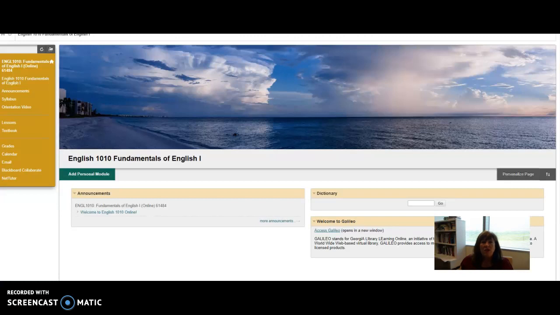As far as grades go, it just depends. I often wait till the day after assignments close, which would be next Tuesday, to actually begin grading some of the assignments, simply because, for example, in a discussion board where you're asked to respond to 2 different students, a lot of people, especially if you are waiting until that Monday before the due date, which I hope you're not doing, but if you're doing that, a lot of times you haven't actually responded to 2 additional posts, and so I can't actually give you credit at that time until after the assignments have closed.